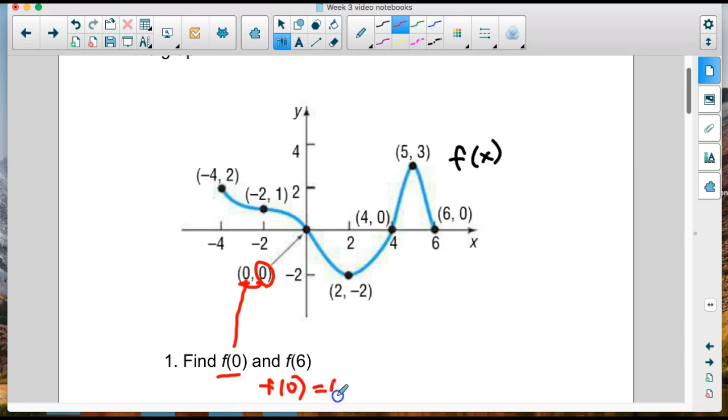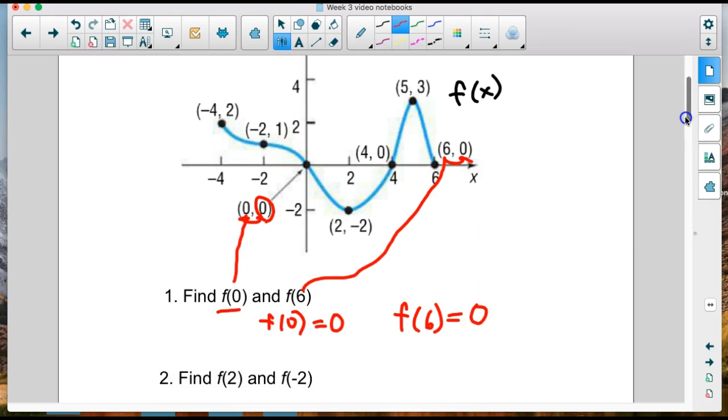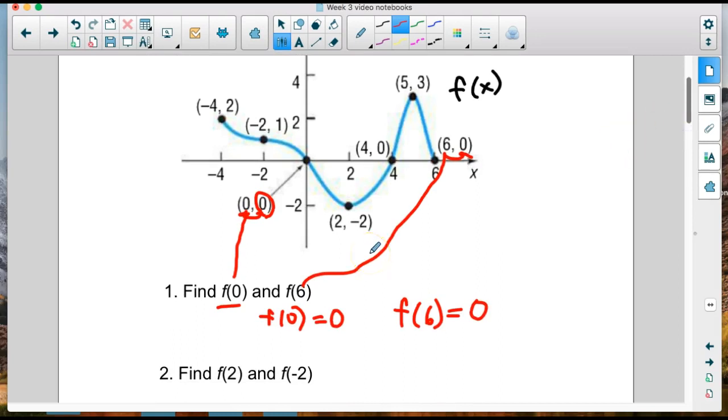So f of 0 is equal to 0 here, and f of 6 is looking for where the value is 6 and asking you for the answer, which is the y value here, which is also 0. So both of those are 0 for solutions. Now if we ask where x is 2, that would happen here. So f of 2